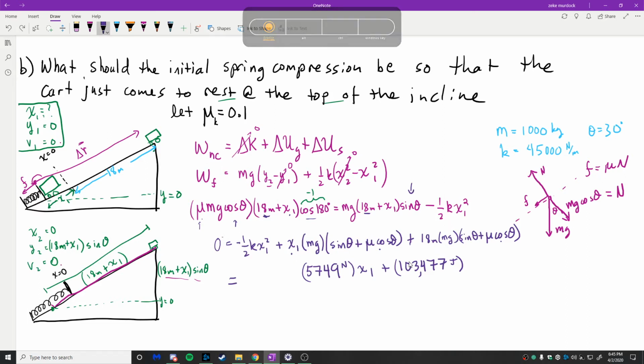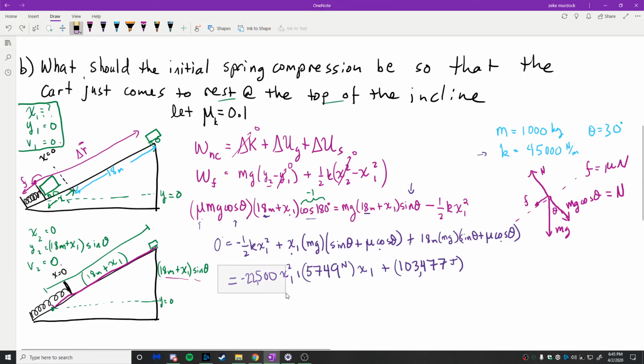And then the first term is 1/2 k, and I think k right here is 45,000, so this is going to be negative 22500, and that's times x1 whole squared. And now we have a quadratic we could do. Let's erase this real quick. So this is 0. Sorry. So 0 equals -22500 x1 squared